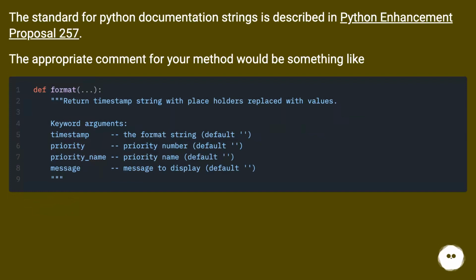The standard for Python documentation strings is described in Python Enhancement Proposal 257. The appropriate comment for your method would be something like,